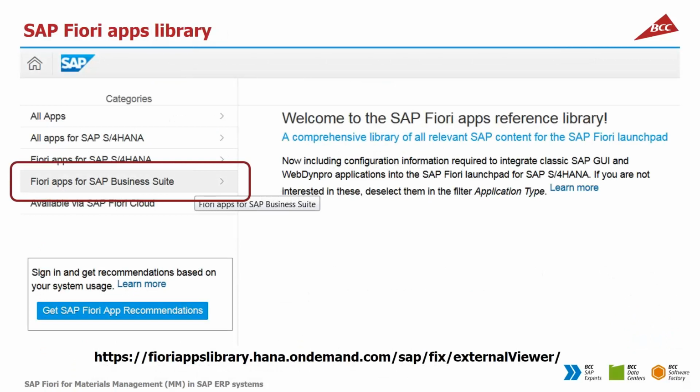Finally, if you want to explore the SAP Fiori Apps Library, then you can go to the site fioriappslibrary.hana.ondemand.com, and you should click Fiori Apps for SAP Business Suite. As you can see above, there are separate sections for SAP S/4HANA apps. Please keep in mind that this presentation demonstrates SAP Fiori apps for SAP Business Suite. Please feel free to explore this SAP Fiori Apps Library, because this library is quite rich. There are very interesting applications